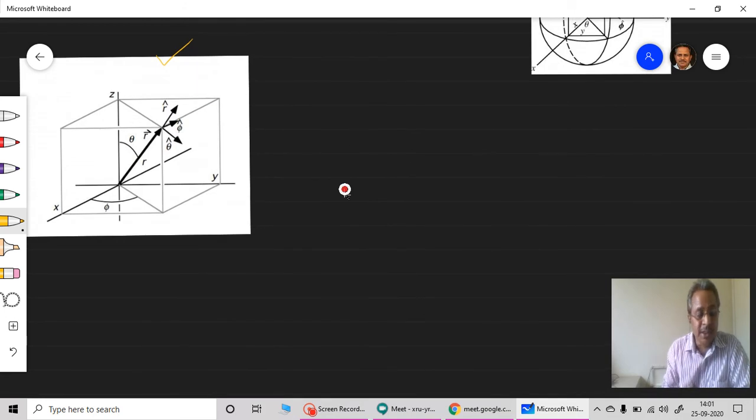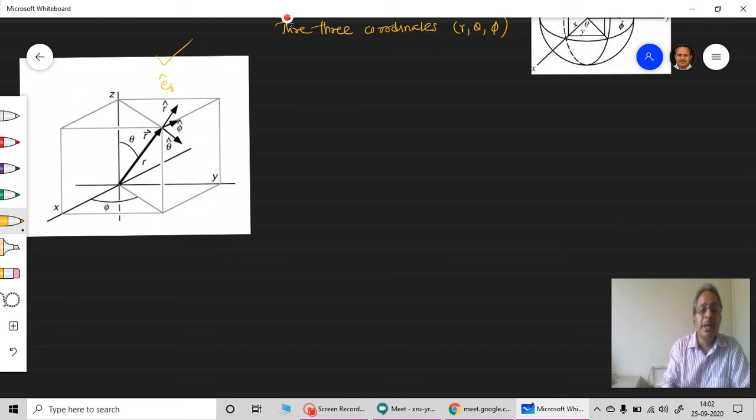Now in the Cartesian coordinate system we use x, y, z. In this particular system we use three coordinates for the spherical polar coordinate system: r, theta and phi. We know that this is r, starting from the origin to this point P. This is r cap. Actually it should be known as er cap. So this is er cap, the vector increasing in the direction of r.